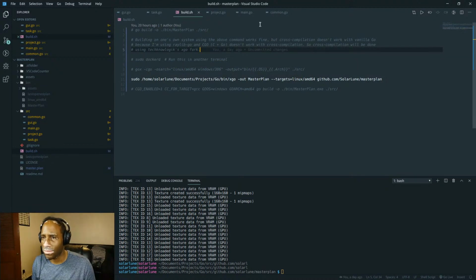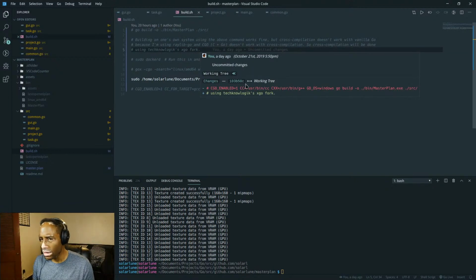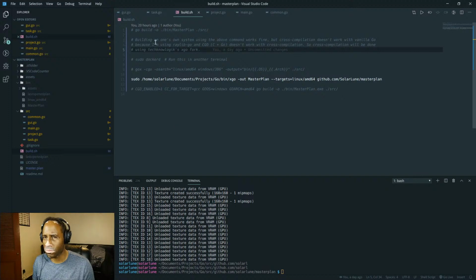I think what I'm going to have to do is compile natively on Mac and natively on Windows, and not compile everything on this one machine, which is a little bit of a pain, but should be doable. I discovered a program before, I don't remember the name of it right now, that allows you to sync files between computers on your network, so that should definitely help things out.